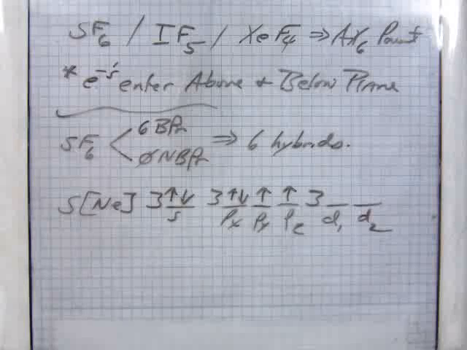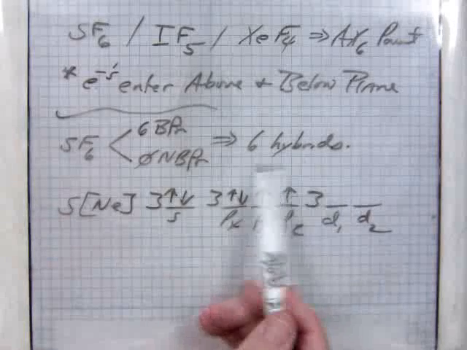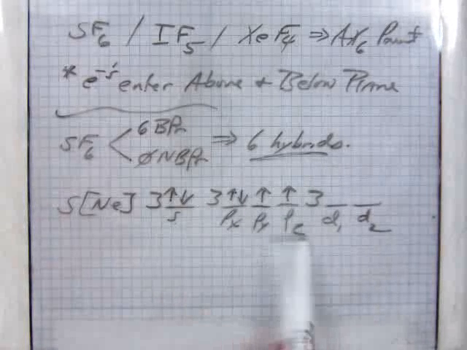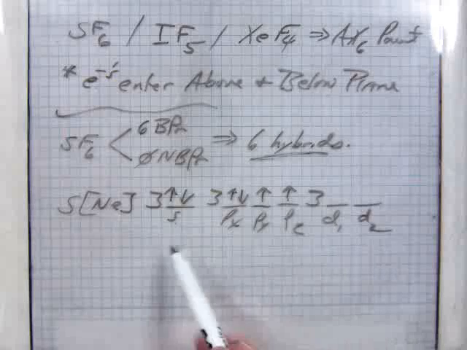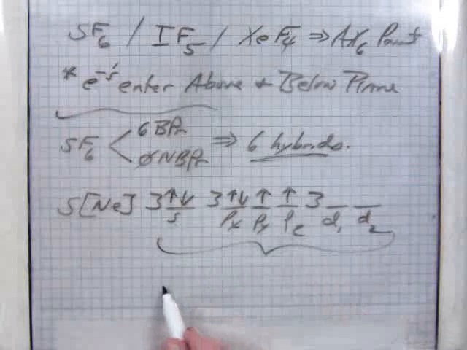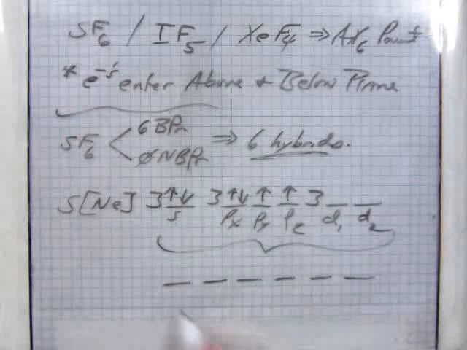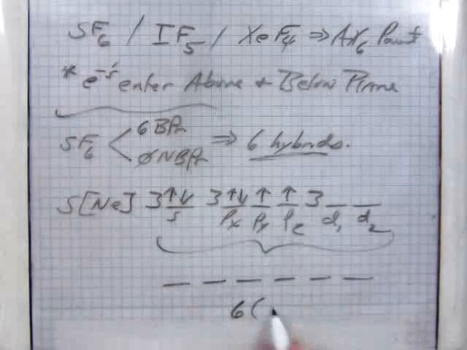And those d orbitals are empty for the present. But since we need 6 hybrids, that's what we'll take. We'll take an s, 3 p's, and 2 d's. And this will give me 6 hybrid orbitals,